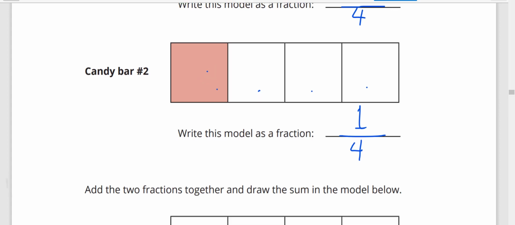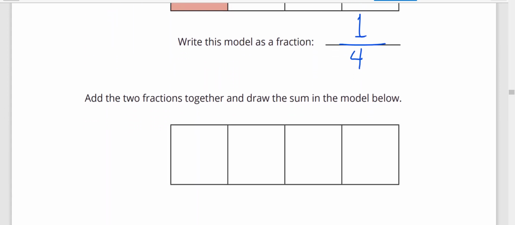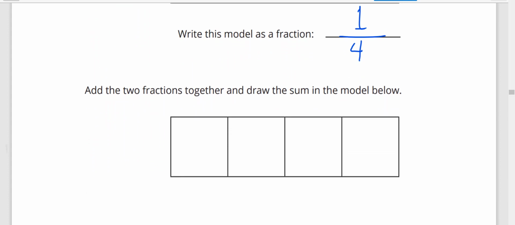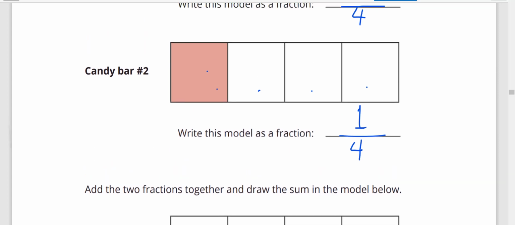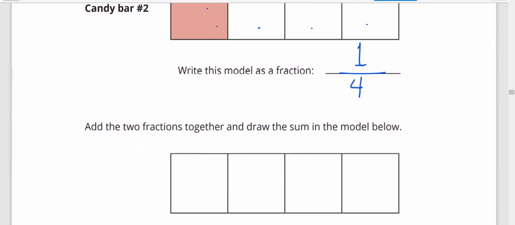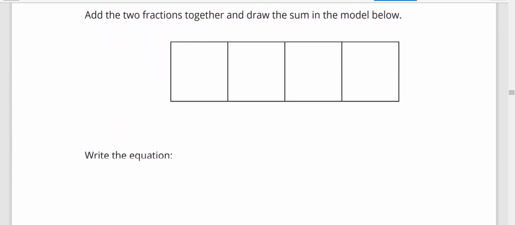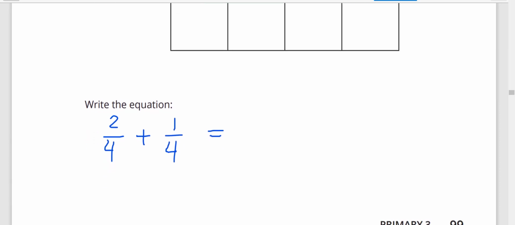Add the two fractions together and draw the sum in the model below. First, write two fourths and one fourth. Two fourths and one fourth. Can we add? Yes, because the same denominator